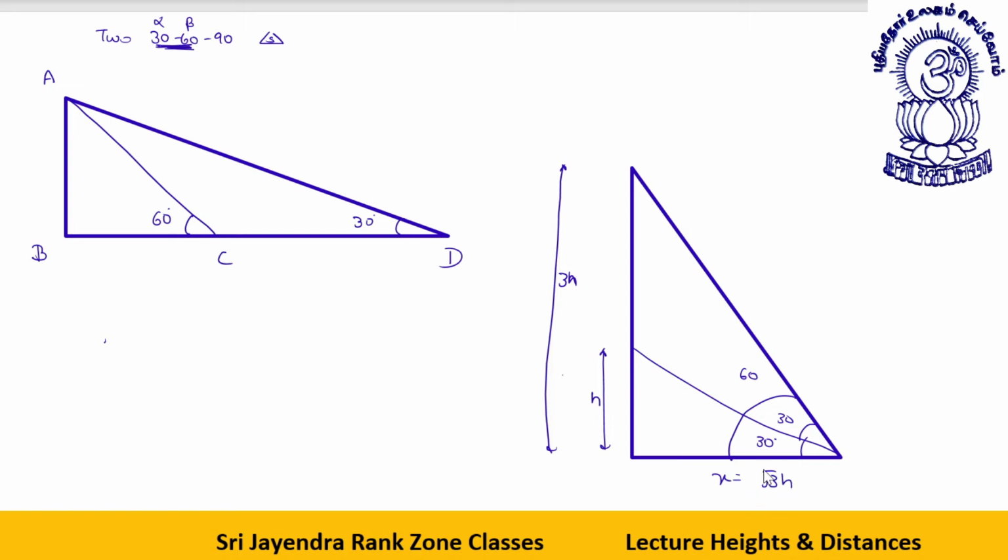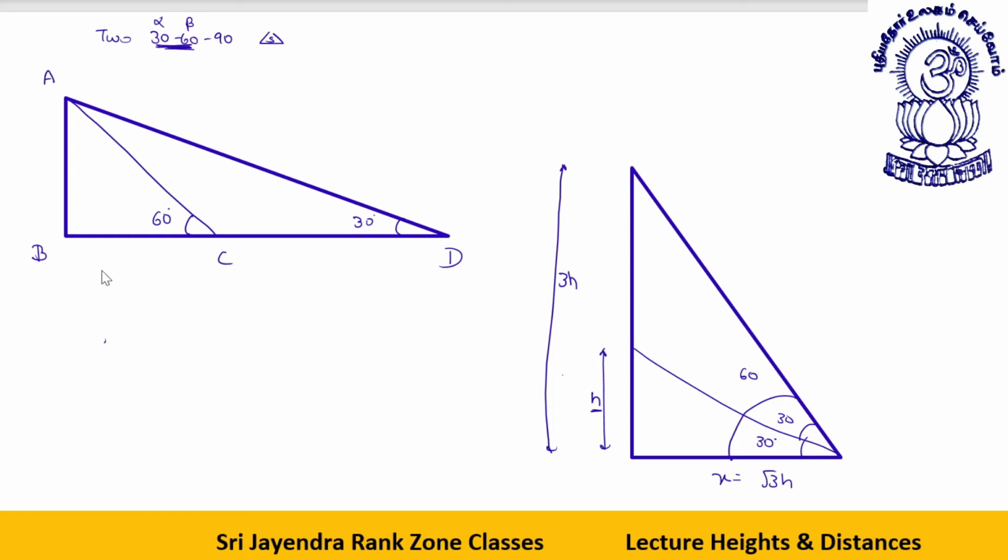Getting it, dear students? Simple, pure logic. I'm going to explain it to you shortly. The thing is, this is h. You multiply this h by root 3, you get root 3h. You multiply root 3h by root 3, you get 3h. Okay, dear students? Clear to all? h, root 3h, then it is 3h. Any doubts so far? I hope there isn't any problem in this. h, root 3h and 3h.